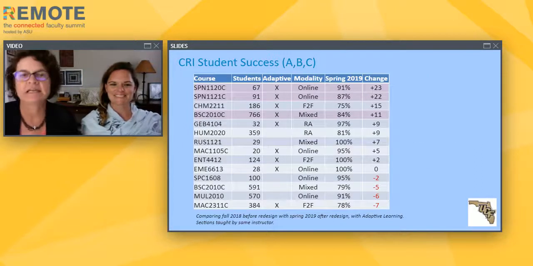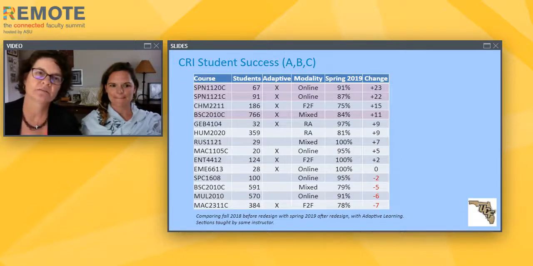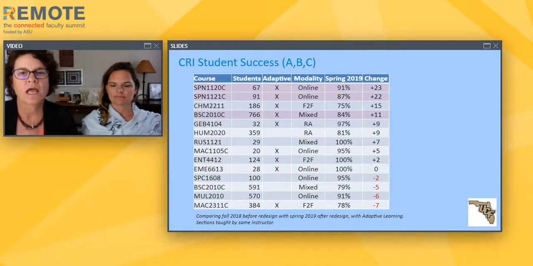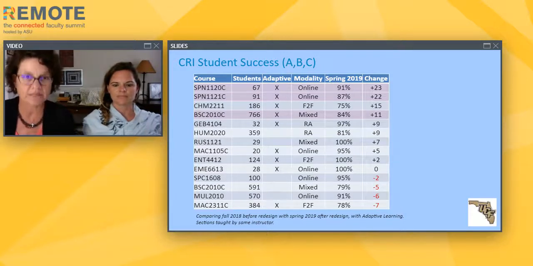No? Okay, great. So our first set of data is on student success, and this is defined by a grade of A, B, or C. And our two classes are at the top of the list, SPN 1120 and 1121. And you'll notice increase of 23 and 22 points respectively. What that means is the first semester that we taught with adaptive learning in each of our courses compared to the previous semester without adaptive learning in the same courses for the same professor, that being Kacie and myself,